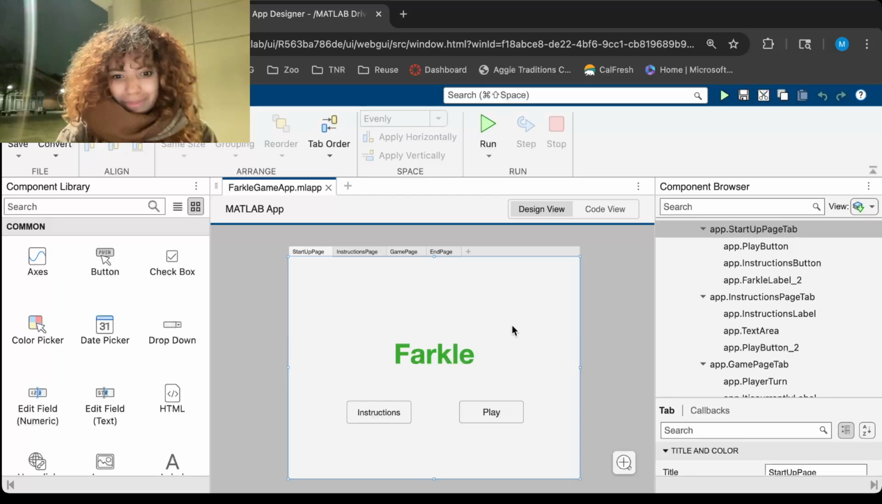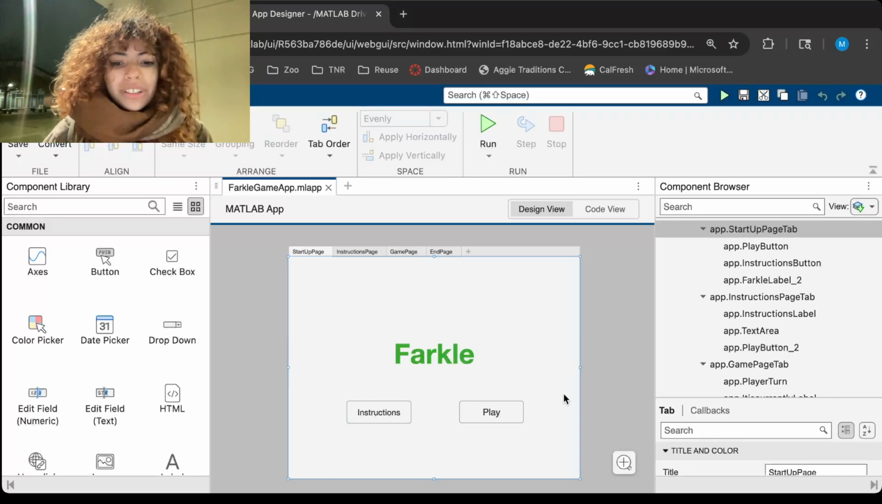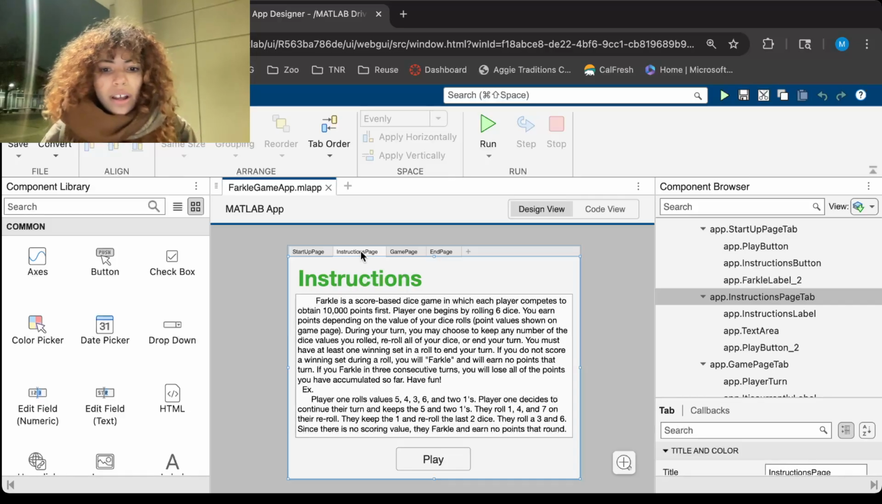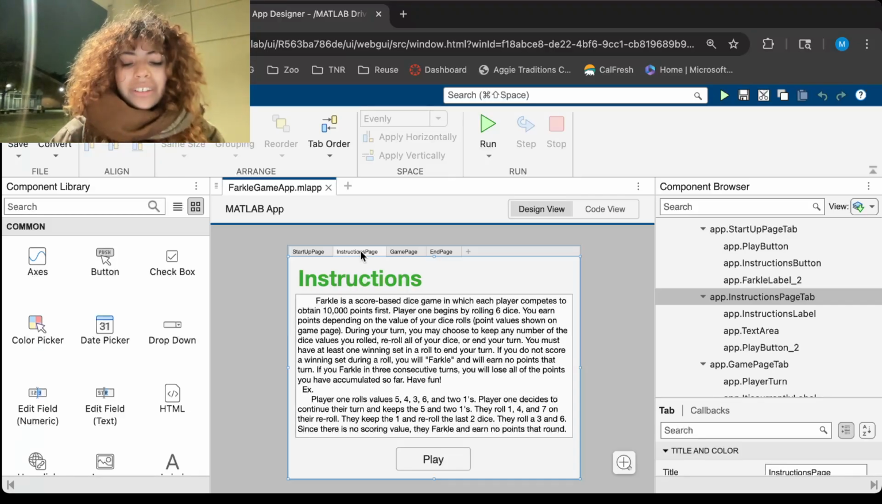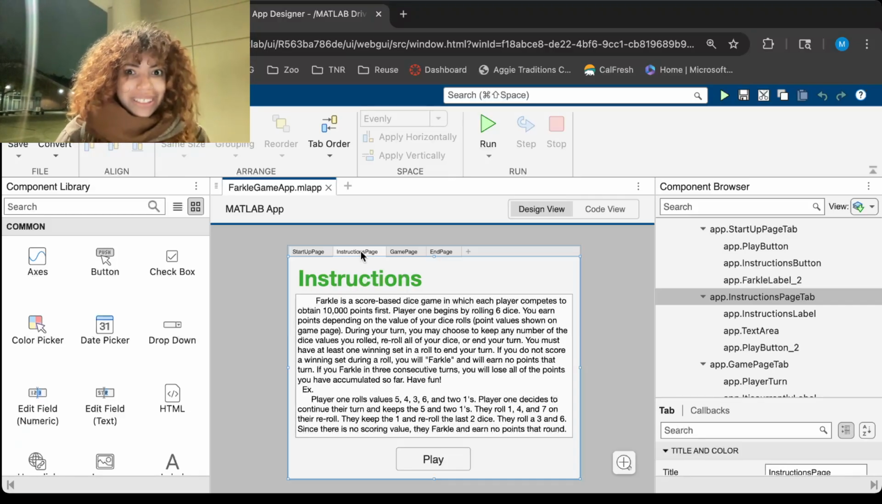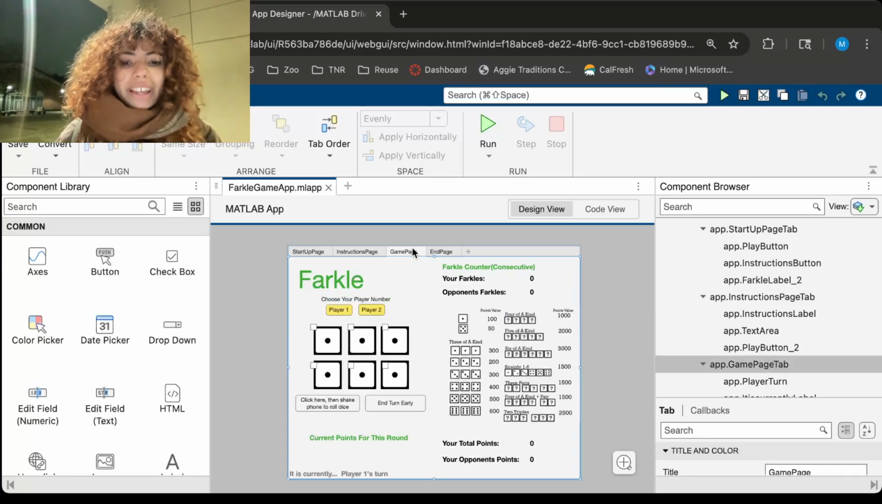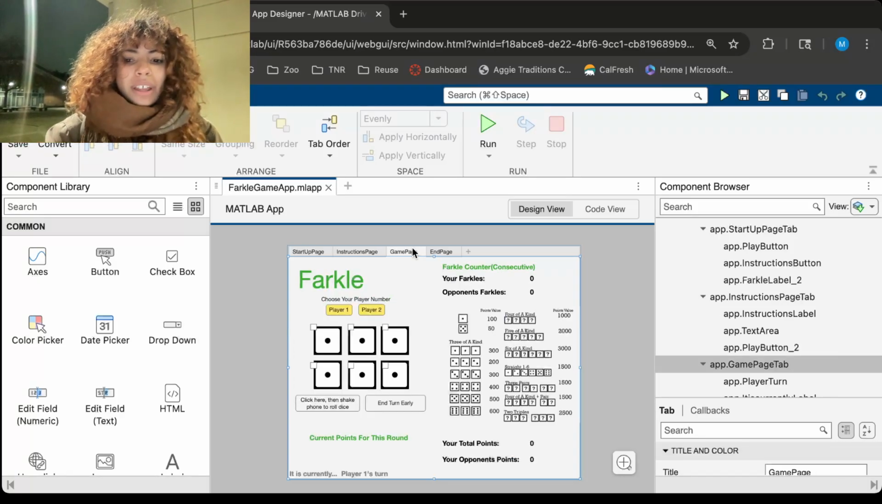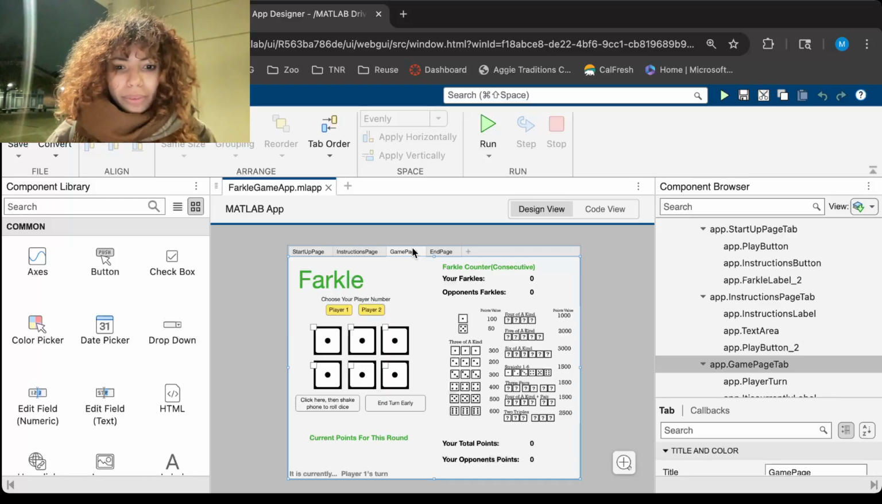So we started off with Farkle. There are two options: instructions and play. When you press instructions, it takes you to the instruction page where you can read the instructions, and then you press play when you understand. And we go to the game page, and my main contribution was figuring out the setup of the die,